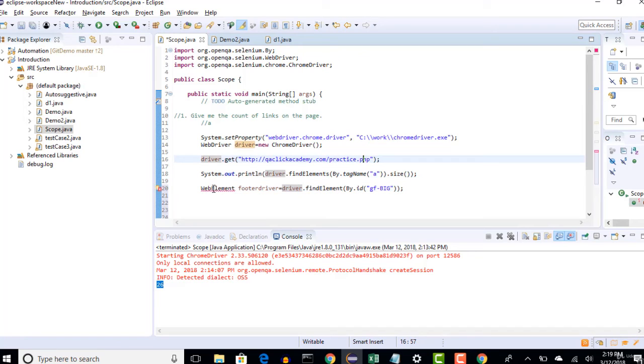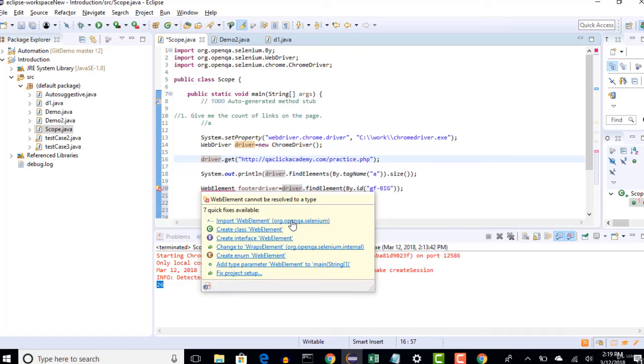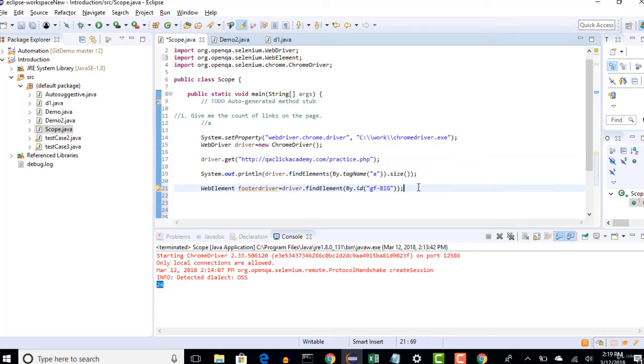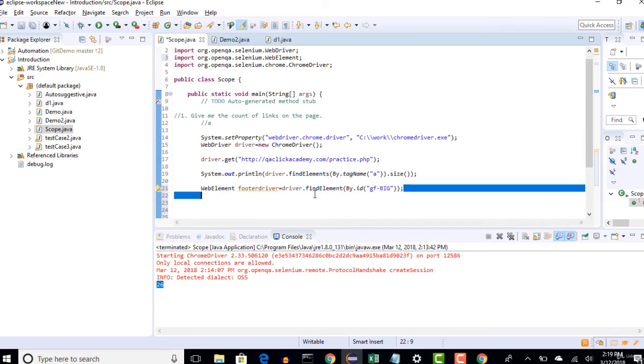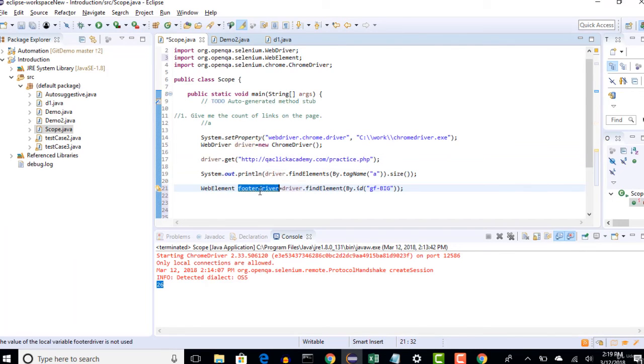Move your mouse on this and it will ask you to import WebElement. So out of the entire page, I have specifically selected this section, and that part's web element I am throwing into this footer driver variable. Now this footer driver plays the role of the actual driver for this subsection. It will act like a driver, but the limitation is only for this section.